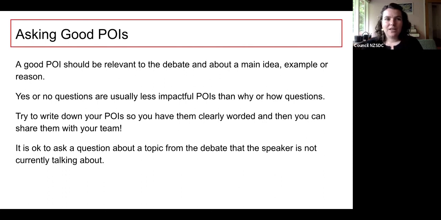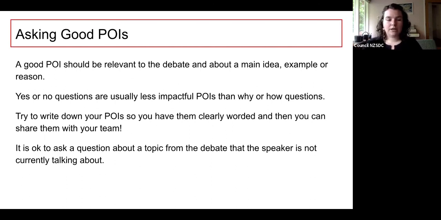So for example, don't you think it's unfair to ban people from eating meat? The other speaker is just going to say no because that's the position that they have to take in the debate. So asking something a bit more specific that gets a little bit more at the heart of the actual reasons they're giving as to why it's unfair, rather than just whether it is unfair, will be a more impactful